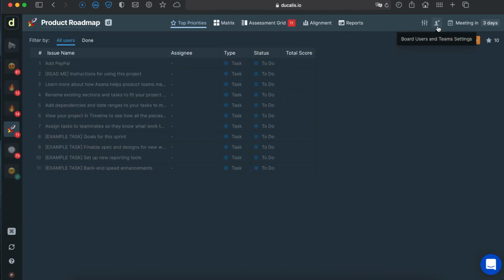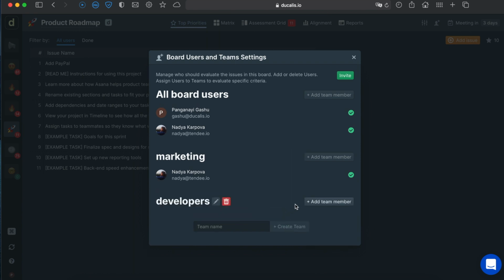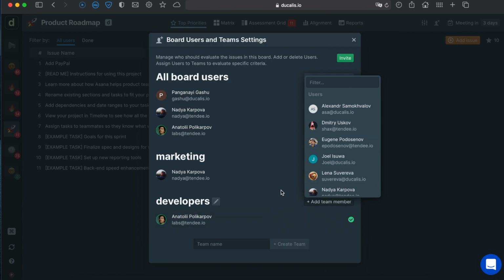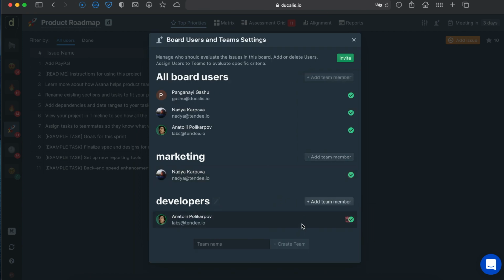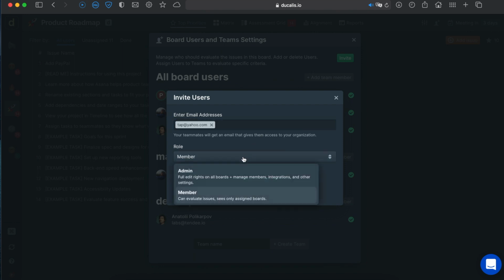Then click on board users and team settings to adjust or manage teams and members, create more teams, add more team members to these teams, or you can send an invitation link via email, assign a role,